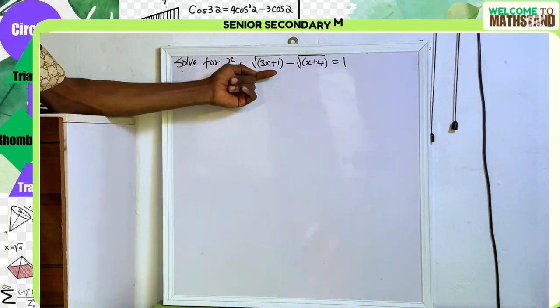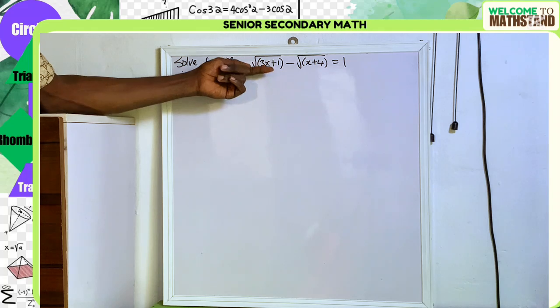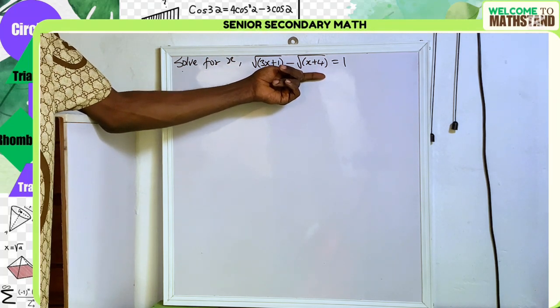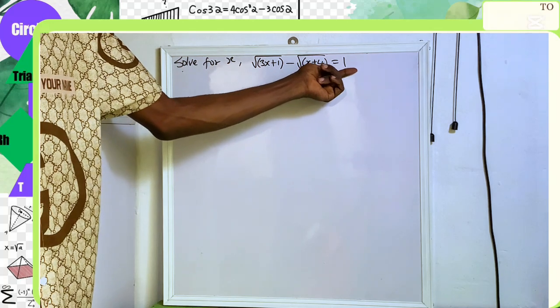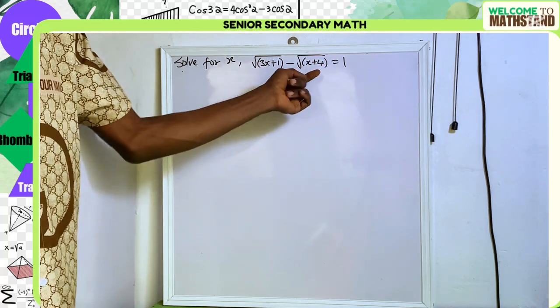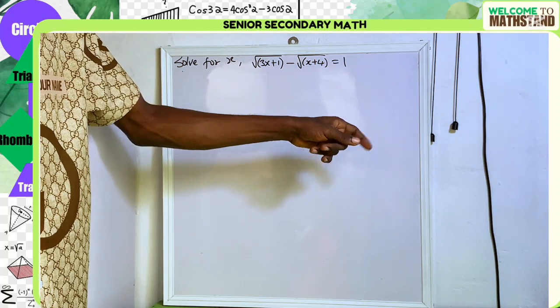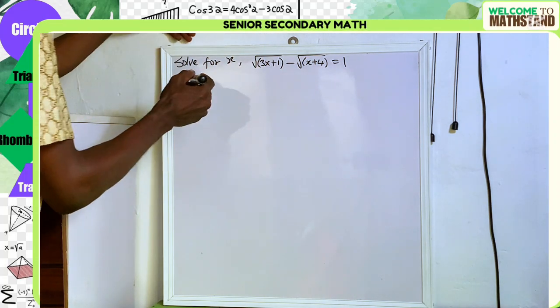Imagine these two, they are all what? This one is irrational, it's a square root. This one is also irrational, it's a square root. But here is what? Rational, the 1. So it's advisable we take one of these to the other side of the equation. So let's do it. We have square root of